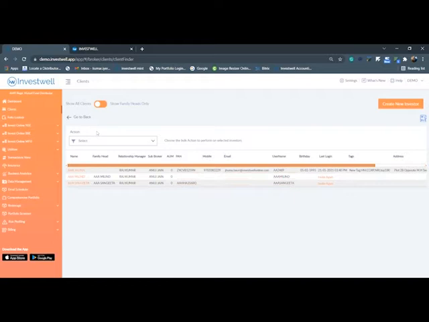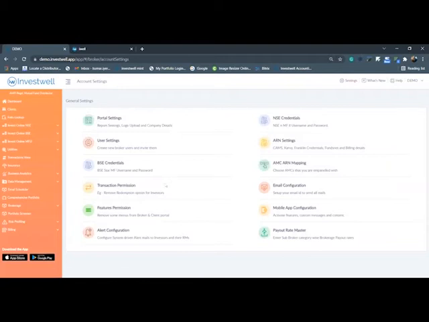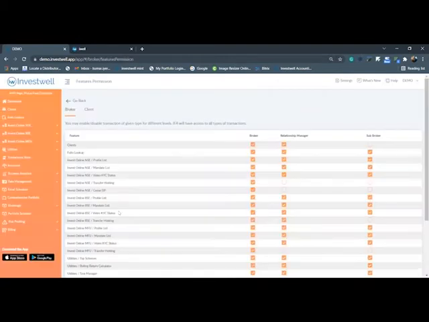So this set of clients will be automatically mapped under the RM or sub-broker. Whenever an RM or sub-broker logs into his portal, he can only see his own client database. He can see the SIP details of his own clients, he can see the AUM details, and he can generate all kinds of reports for his own specific client base only. Also, whenever you give online login access to your client, there is an option whereby you can control the RM and sub-broker logins as well.